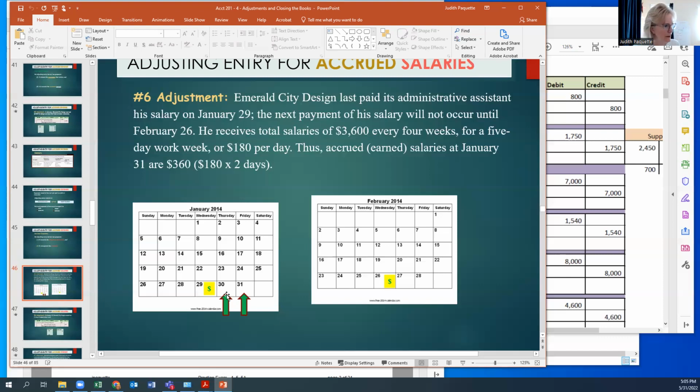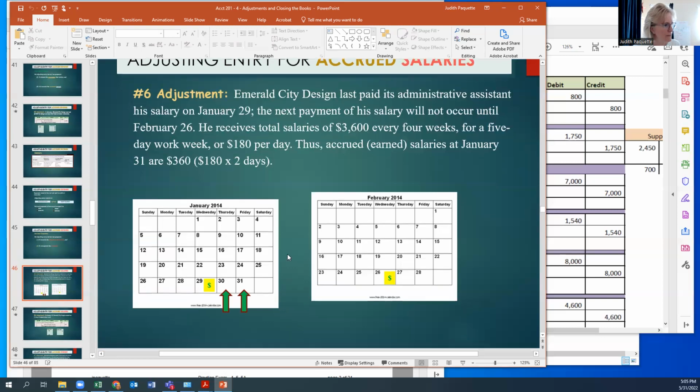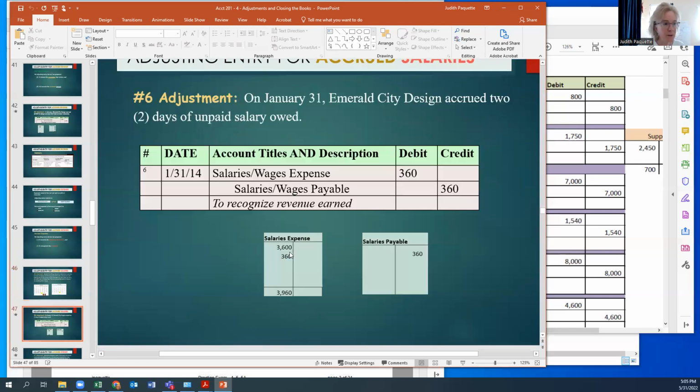In this example, the company owes 2 days. And again, you might get the salary expense wrong, but just write up the journal entries, salary, wage expense, salary, wage payable, and then work on the dollar amount. Okay. So let's look at the